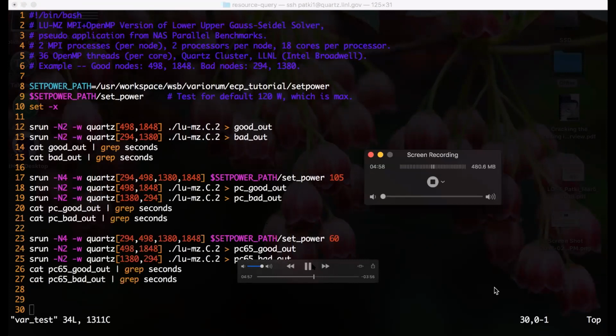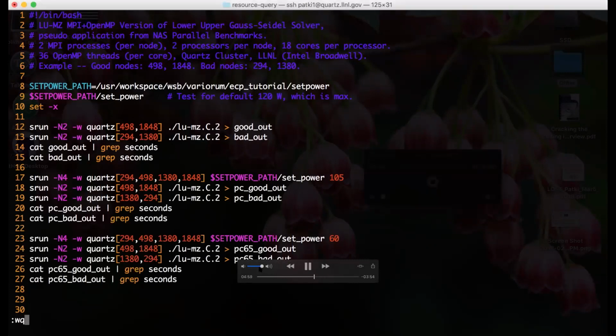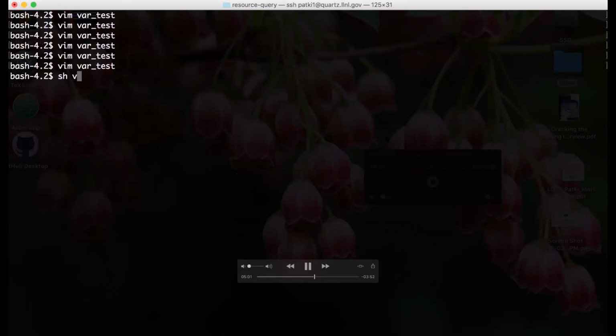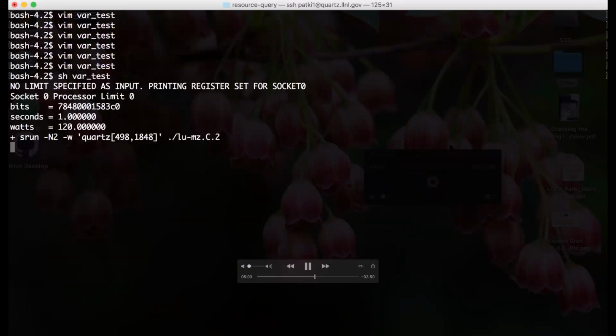It should take about a minute for each of the runs here. And we are running the LU application, class C. This is a NAS application, which is quite well known. Let me fast forward to the point where we actually